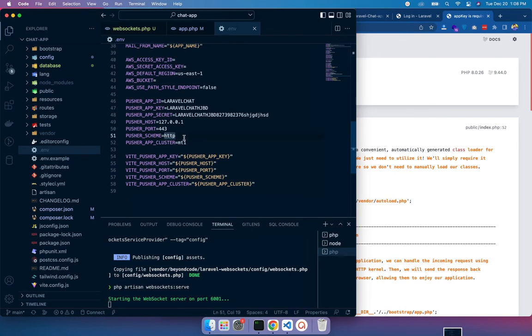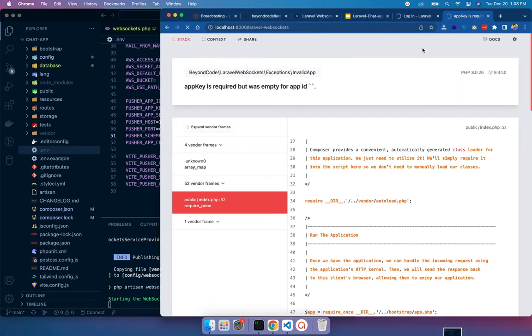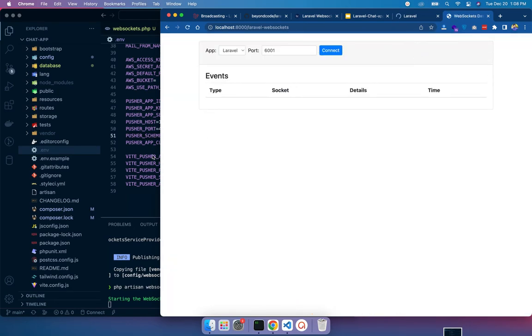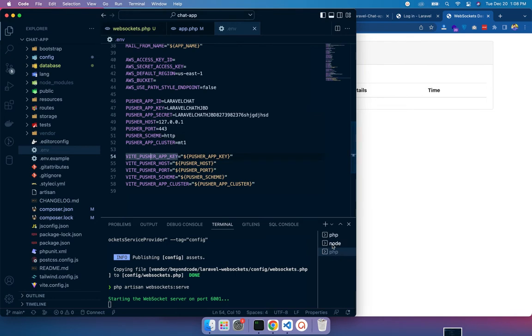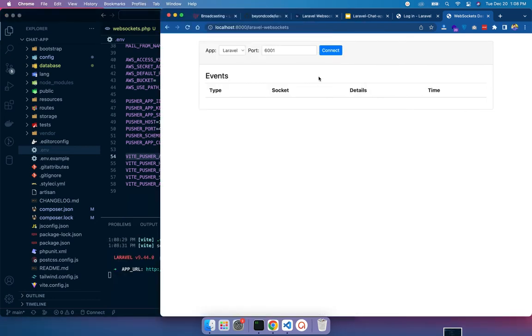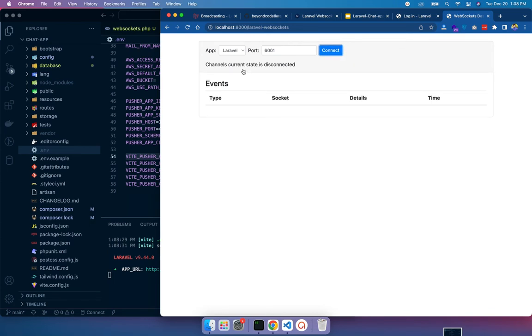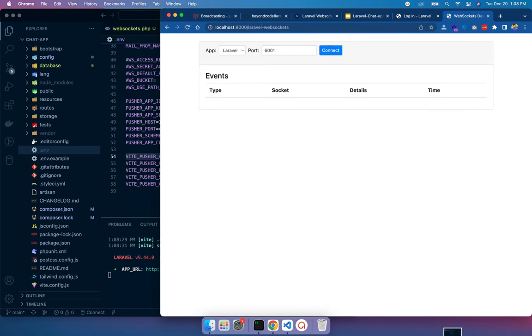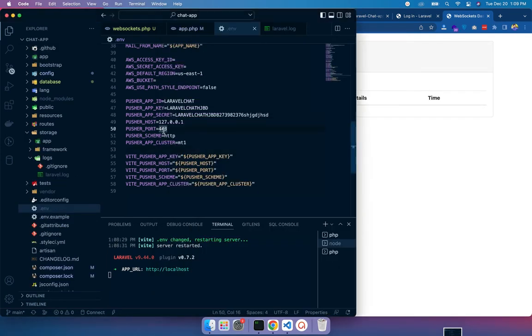Okay, that's great. So now it hot reloads automatically, as we are using Laravel Vite. So we have successfully installed our Laravel WebSocket server. Click on connect. The channel's current state is disconnected, and we have seen there is a Pusher port, it would be 6001.